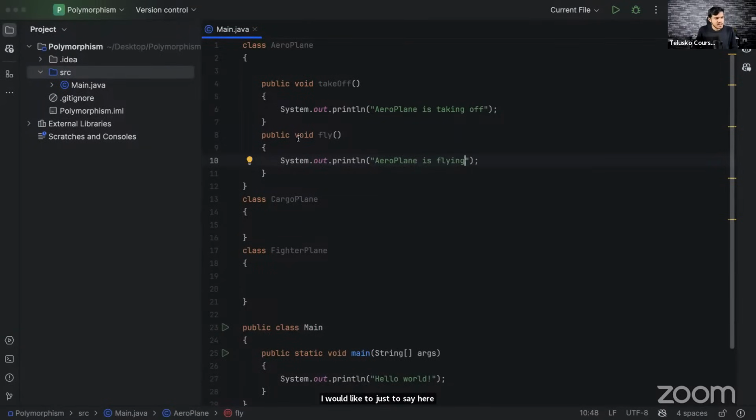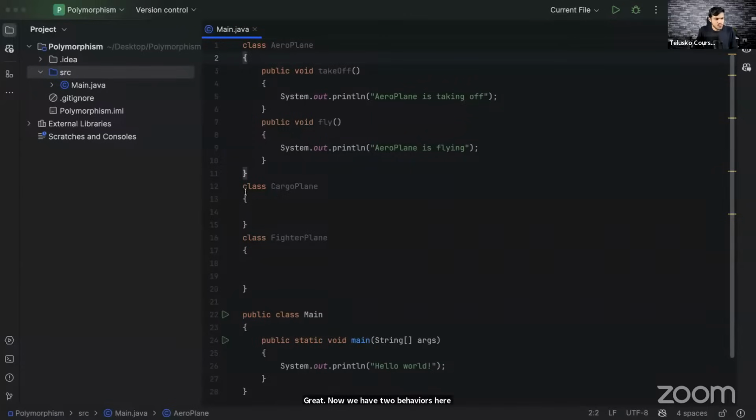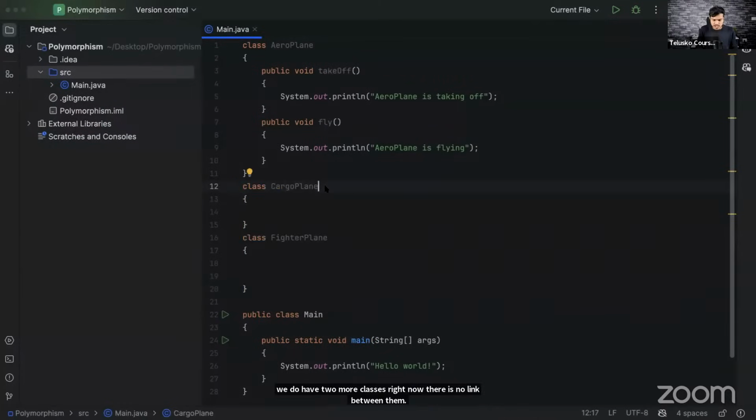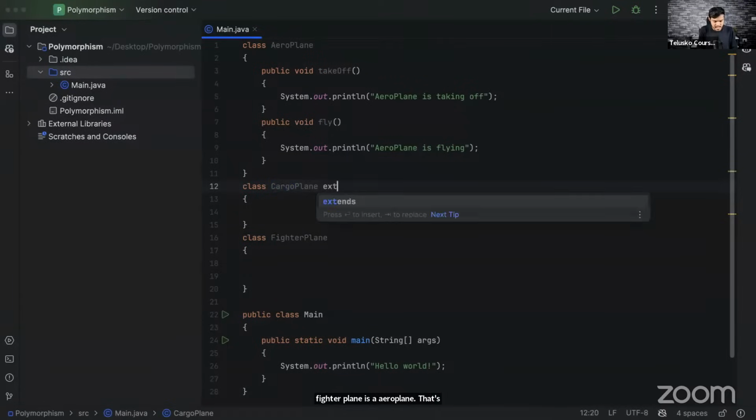Great. Now we have two behaviors here, two methods, and we do have two more classes. Right now there is no link between them. Yes, great, I can establish the relationship. The first relationship is inheritance, or you can say is-a relationship. Cargo plane is an aeroplane. Fighter plane is an aeroplane. That's the reason why we say it as is-a relationship. I'll say here extends